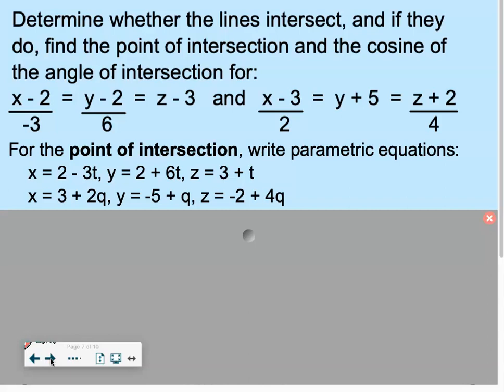I don't know if it's right. Taking a leap of faith. Oh yes, if you find T or Q and then plug it in, you will change it. Work on the